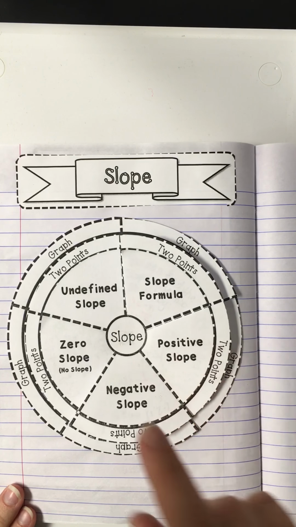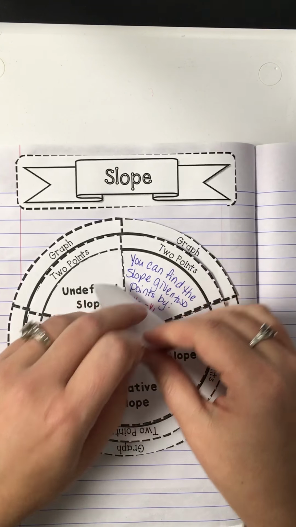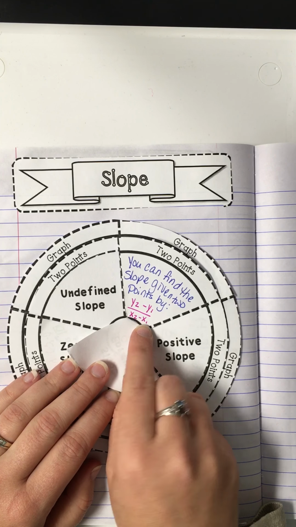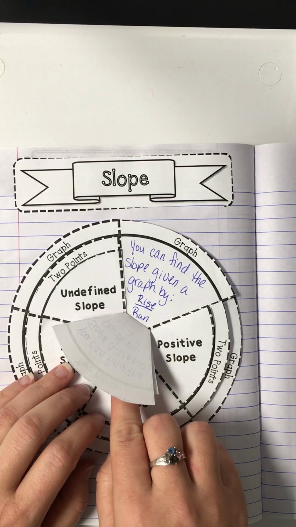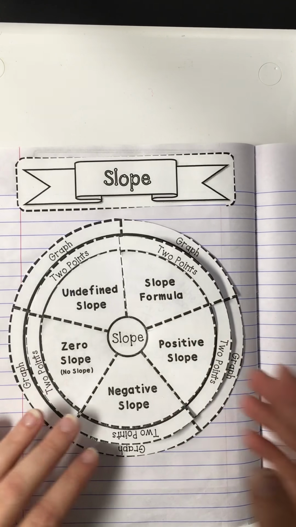Okay, so really fast review. We talked about the slope formula from 2 points, which was y2 minus y1 over x2 minus x1. And then on a graph, we did rise over run. We did this in class. If you didn't get it, pause the video and write it down. For a positive slope,